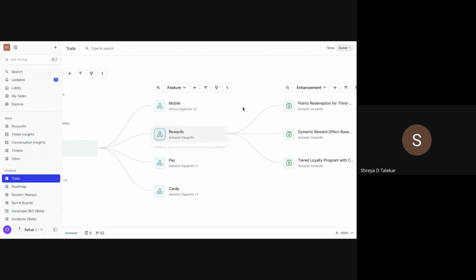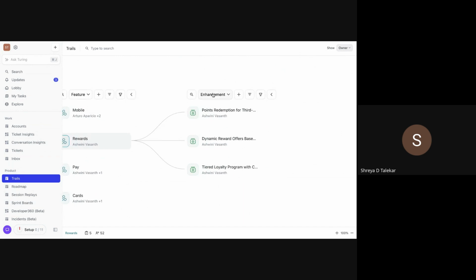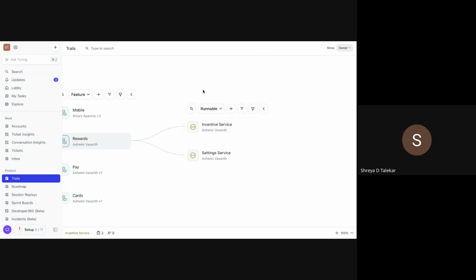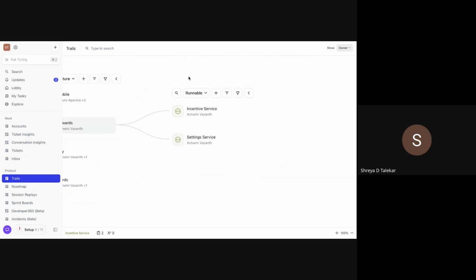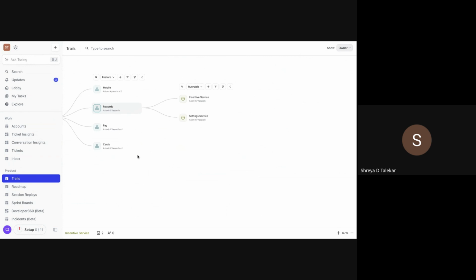Now, if I further click on features, it will further divide into enhancements, which are basically the new features that aren't really existing right now in the platform. And then I can also look at the underlying technical machineries like runnables or microservices. So runnables are components that you can execute or run directly. So think of them as active parts of your products that perform specific functions or tasks, right? So this visual structure provides a comprehensive map